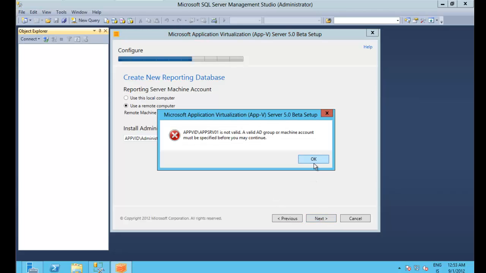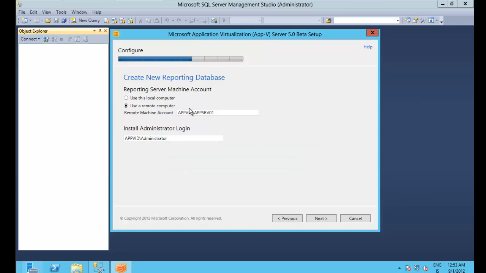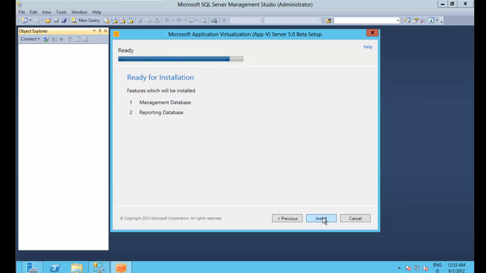Click on next. Missing the V here. AppV SRV01. Click on next, install,